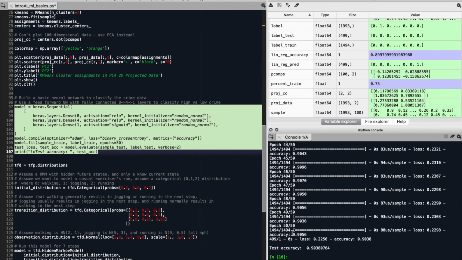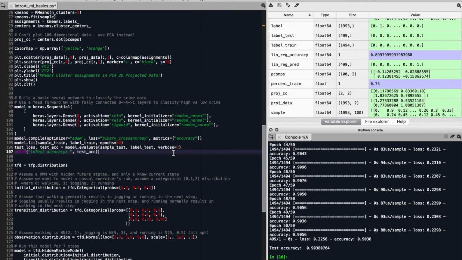Alright, perfect. And you can see our accuracy of 0.9056. So I'd like to contrast this with the linear regression results. If you remember, it's 0.899 accuracy for the linear regression model. And this is actually one of the big criticisms of deep learning. It's a lot of work for not always a lot of results. But I will say, this is a very, very small data set. Were this a very large data set, we would begin to see the accuracy of neural nets really outpace linear